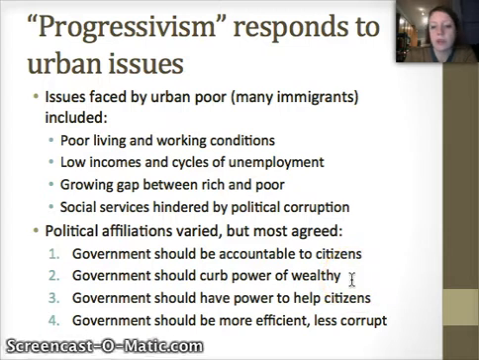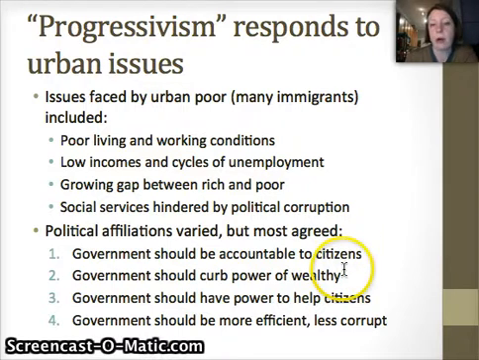They also believe that government should curb the power of the wealthy. Remember, this is coming out of the Gilded Age, when we have people who have made their fortunes and who have extreme power in all parts of society, politically as well as economically. Progressives believe that it's up to the government to kind of even the playing field a little bit and take maybe some of that power away, or at least make sure that wealthy people are not being corrupted and using